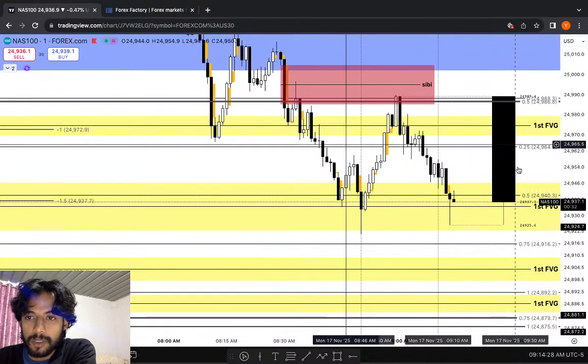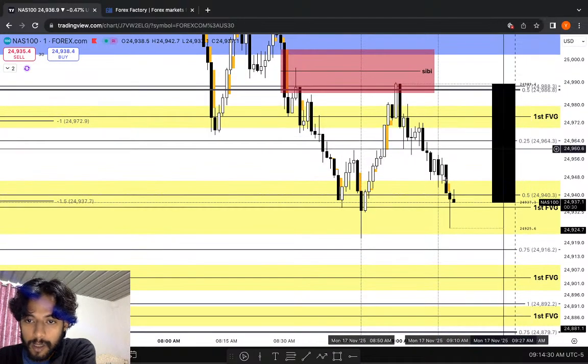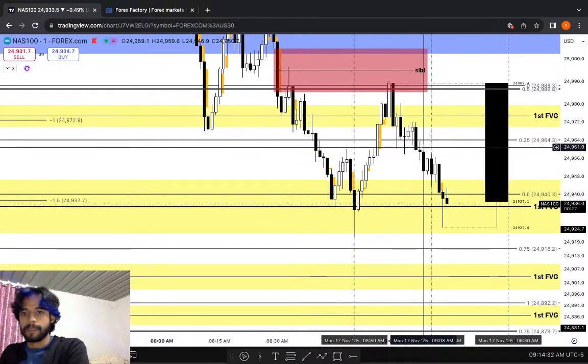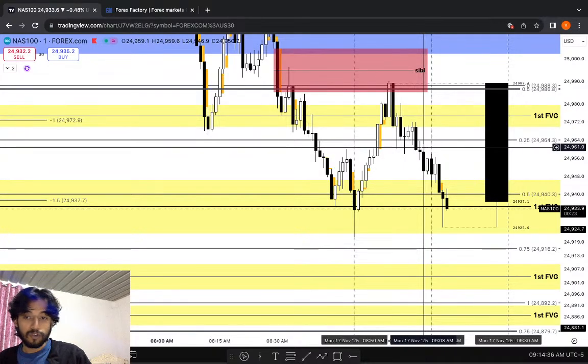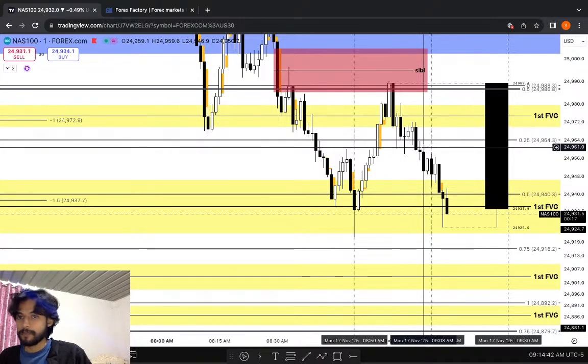But it is what it is. It is currently moving lower, and that is good for us. That is not bad. If the market wants to move lower, first it will move up. If it wants to move higher, first it wants to move lower. That is something I'm looking for.